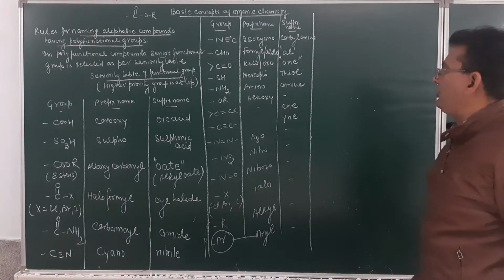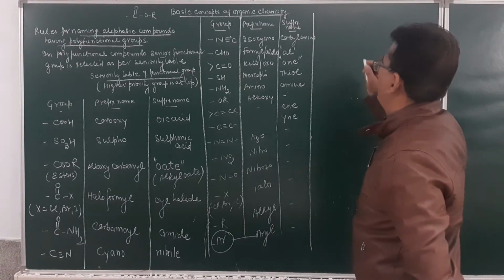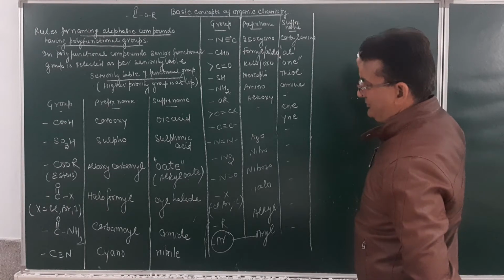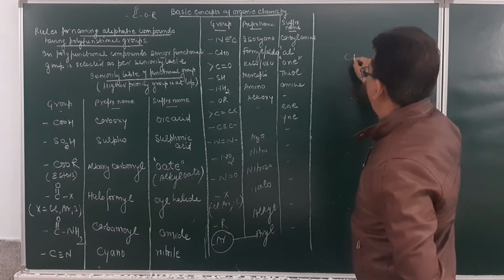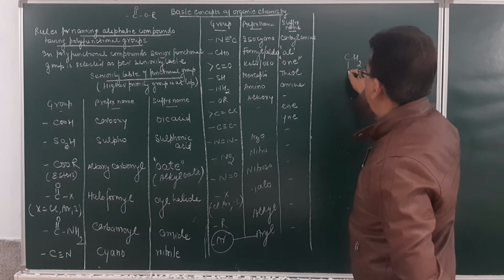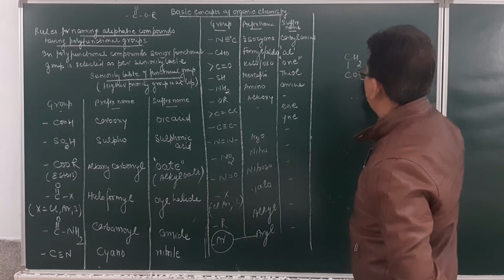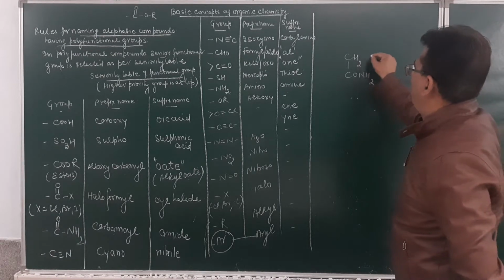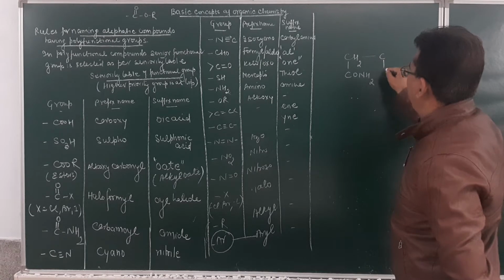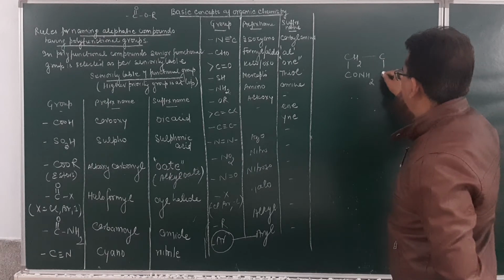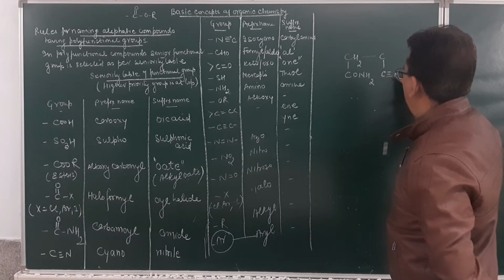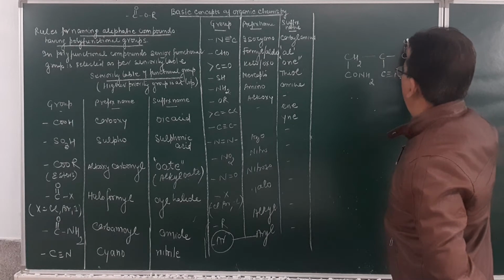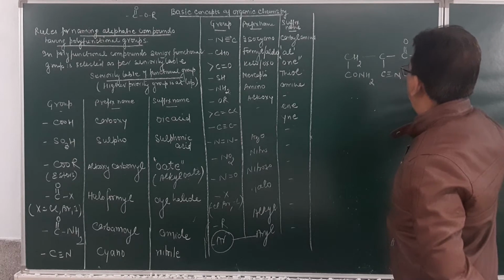Certain examples on the basis of this we gave you last time. Today, we will try to give some more examples with this. Suppose we have got this compound, students. We have this one, CH2, and then over here we write CONH2. Then we have the group C triple bond N. And then we have the group C, double bond O, and then OH.